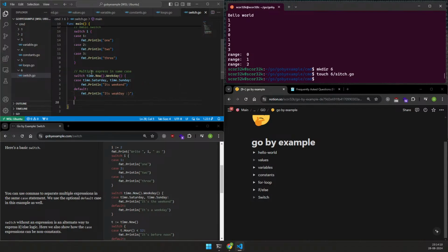Great. Okay, so what is written is commas are used to separate multiple cases